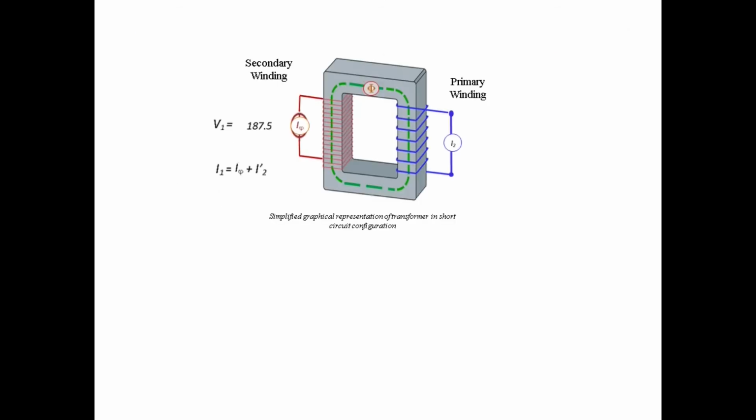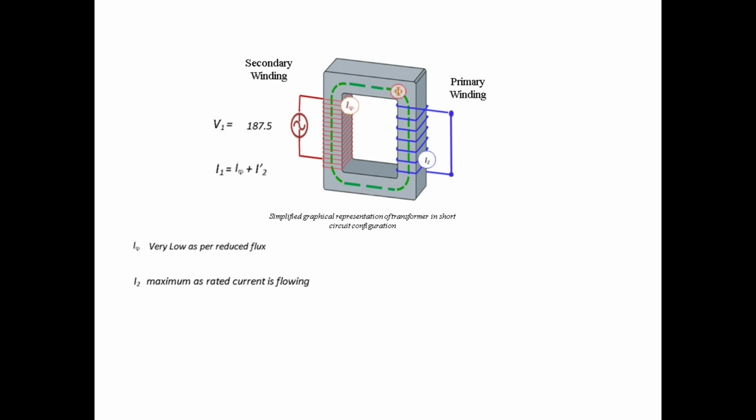For the short circuit test, the voltage is conveniently applied to the HV side. As the current and voltage are proportional, an applied voltage usually between 5 to 15% is enough for I2 to equal rated current. The reduced voltage impacts the mutual flux in the shunt branch, and subsequent iron losses can be considered negligible. Conversely, the copper losses will be the rated losses, as I2 will be the rated current.